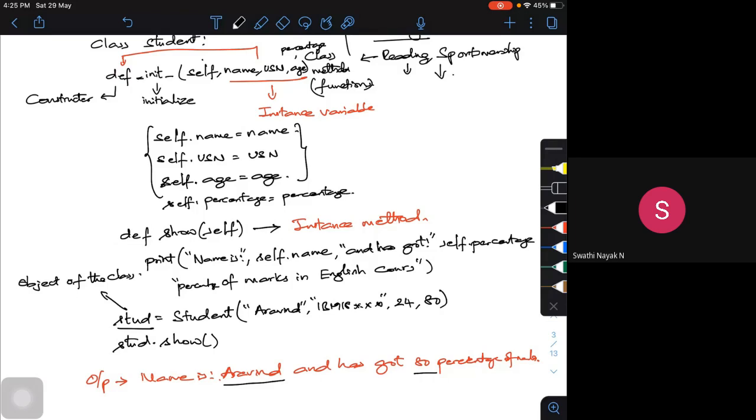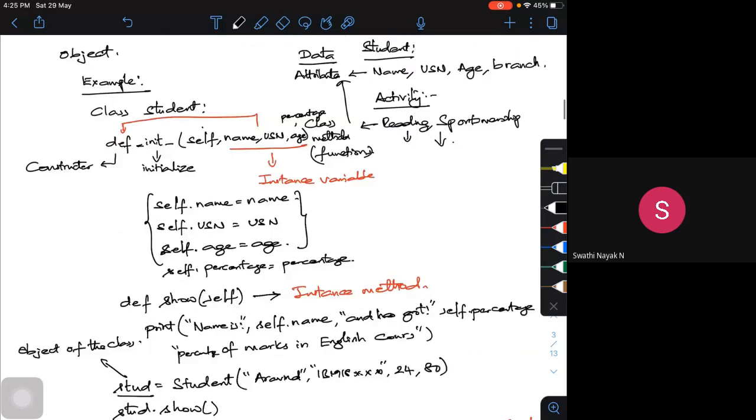those variables. So I declare so many instances of variables. Here I have three or four instances of variables, and every time I am going to declare them. Now I am trying to see how many arguments I am taking. Look at this particular thing. How many arguments or variables am I taking here? I have self, I have name, I have USN, I have age, and I have percentage.